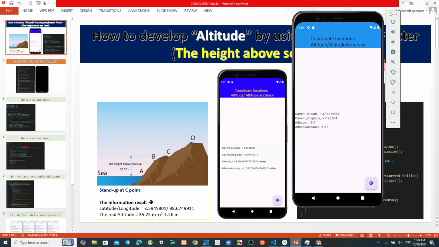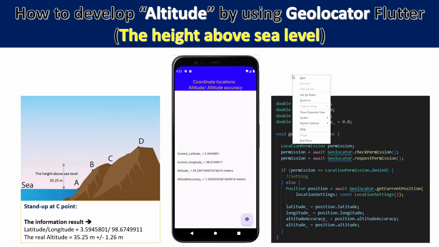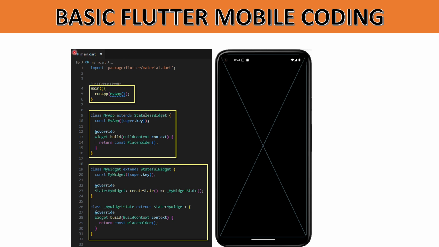Okay guys, before we close this one, I continue again this presentation. Okay, this one we have demonstrated how to develop this project. The first, we must develop the basic main function, the stateless widget class.